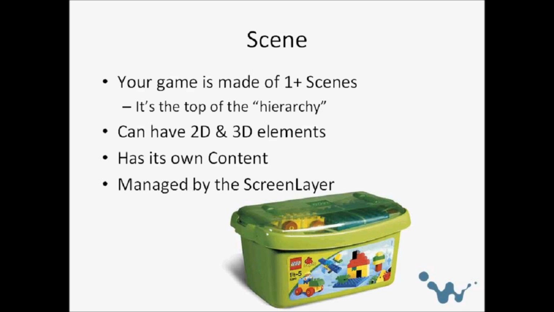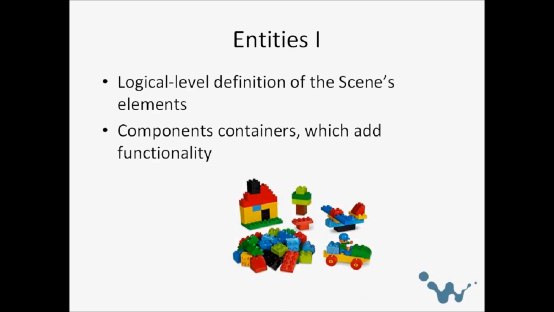As you can appreciate, inside the green box you can see a yellow car with red tires. You can see a blue floor. So this could be understood as the two-dimensional and three-dimensional elements, and the logical container is the green box of Lego blocks. We will be seeing some particular comparisons between Lego blocks and WaveEngine in order to make the understanding of the architecture easier. So let's continue with the following one.